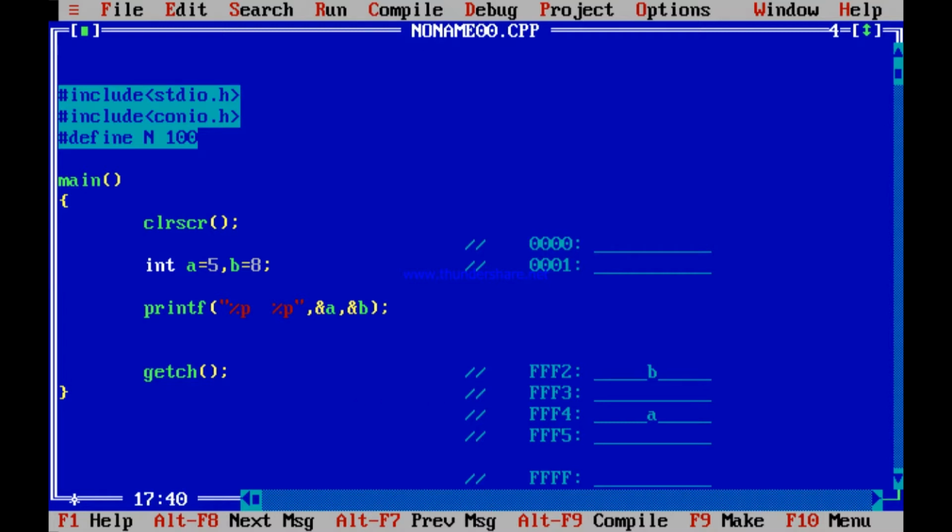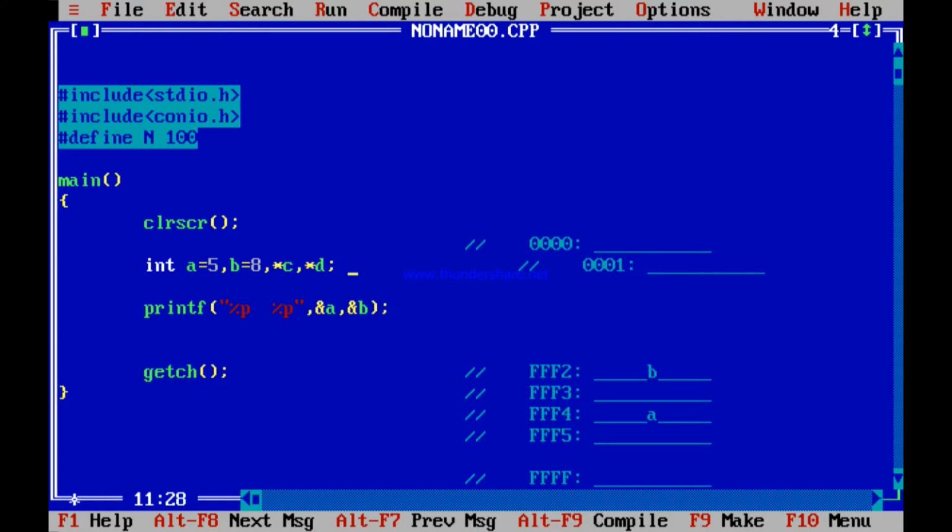So see, when I am storing, when I am firstly using int a equal to 5, ff4 and ff5 memory locations were allocated to store a. When I am declaring b, ff2 and ff3 are being allocated to b. However, I can now take two pointer variables, say star c and star d. Sorry, small letters are preferable for declaration of variables. So star c and star d.